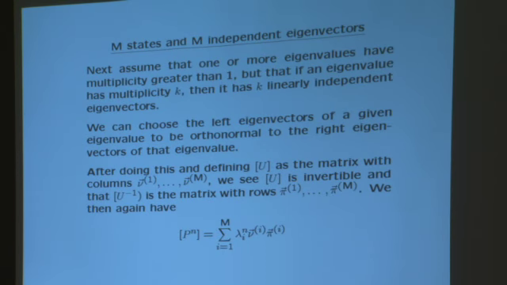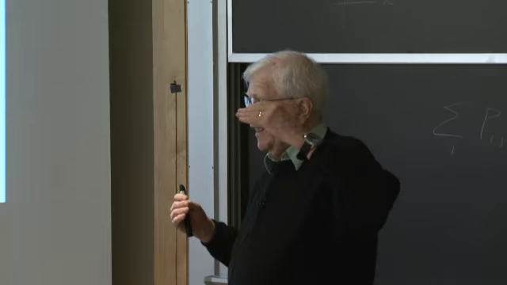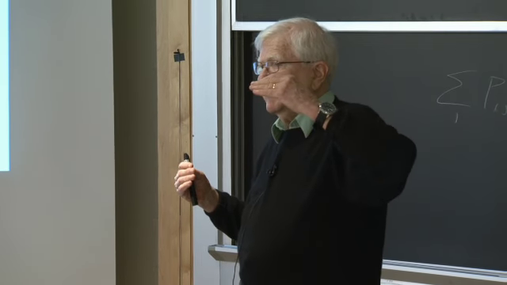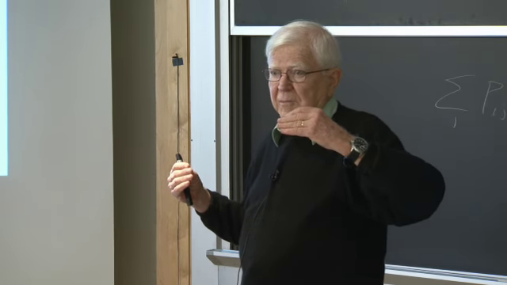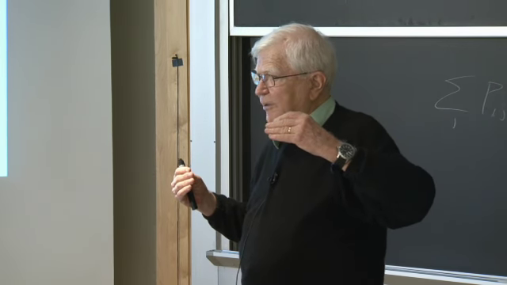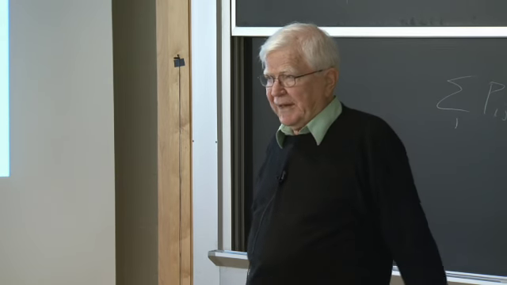Then when you add up all of the eigenvectors, you have m linearly independent eigenvectors. And what happens when you have m linearly independent vectors in a space of dimension m? They span the whole space,